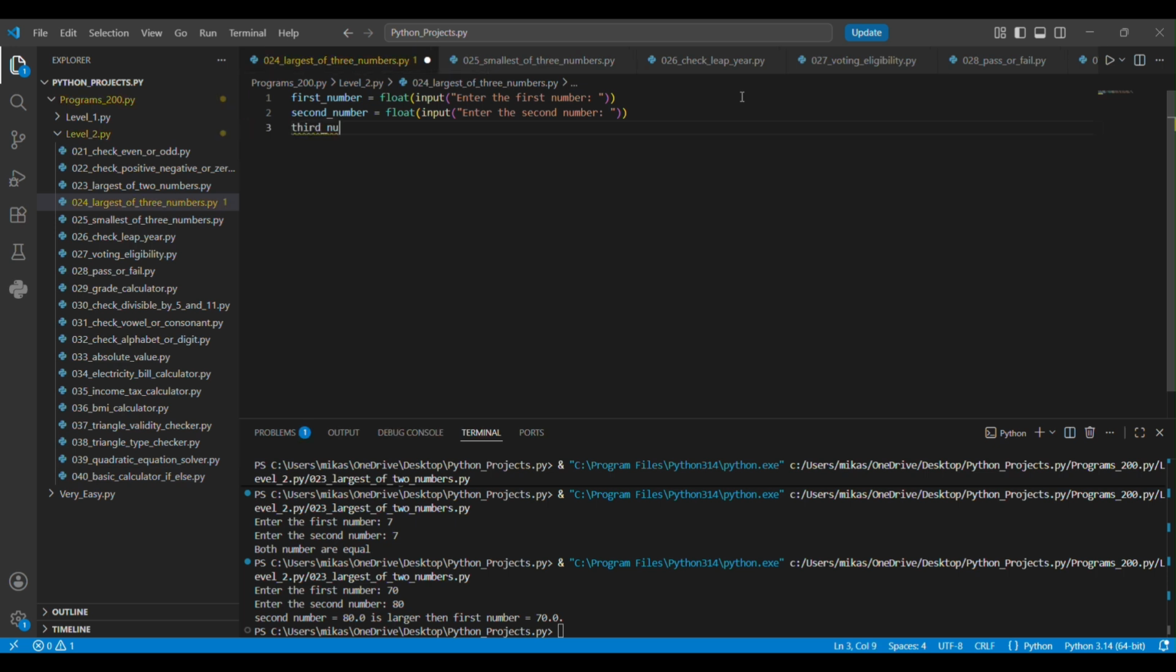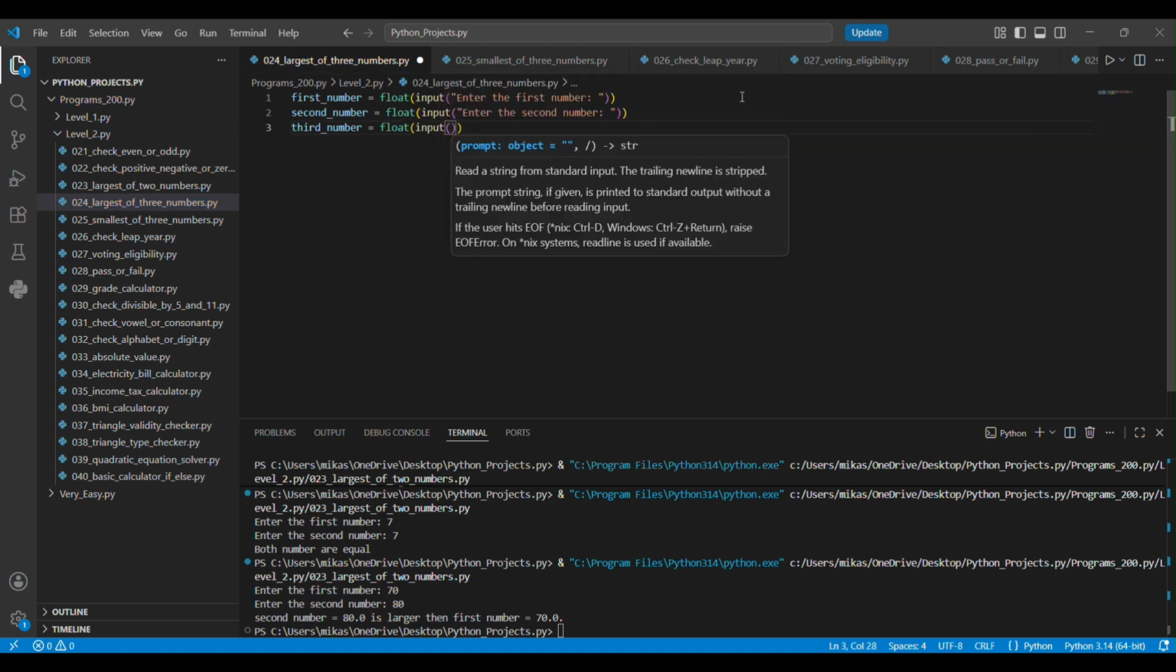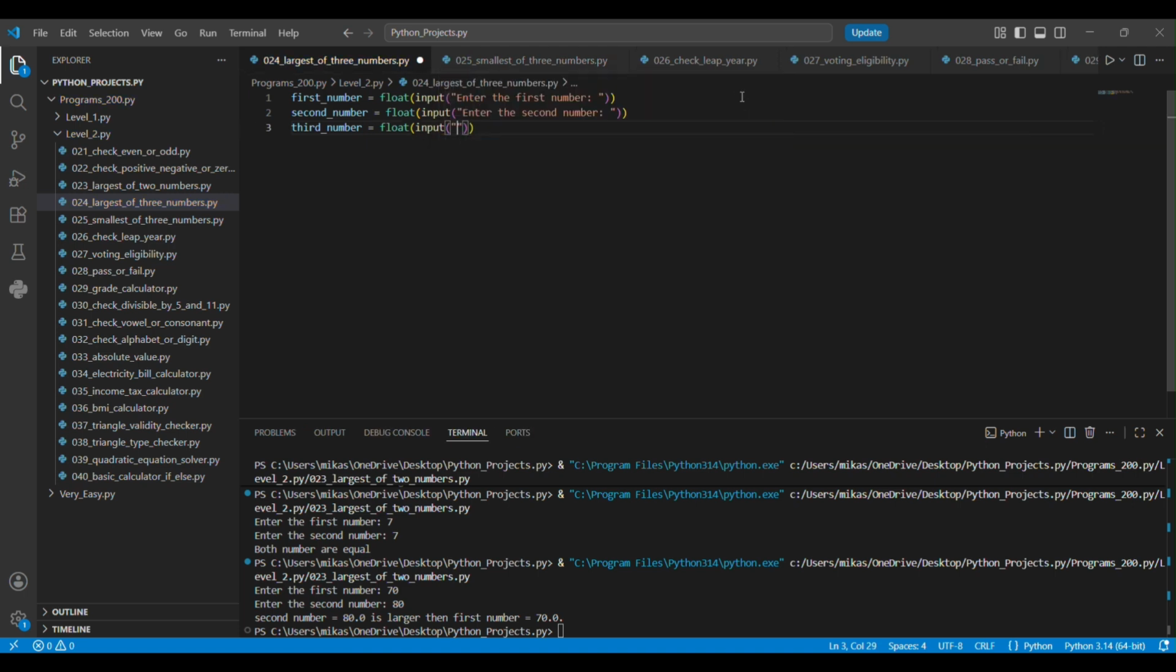Third_number is equal to float input, enter the third number. Now there are three numbers. Okay. Now we have to create a